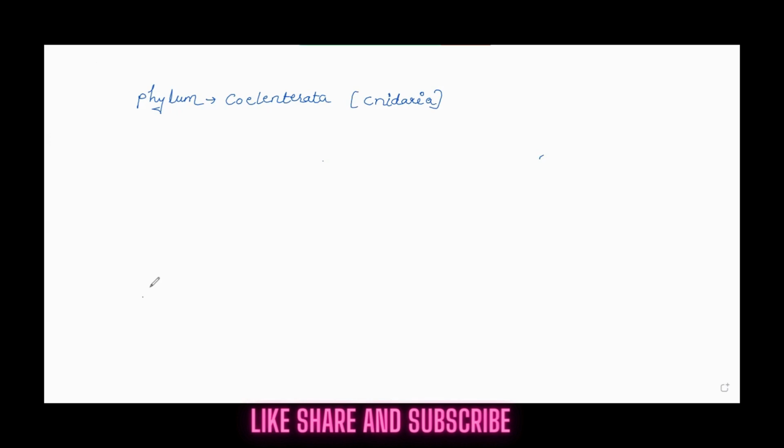Hello everyone. So today we are going to discuss our next phylum, that is the Coelenterata. It is also called the cnidarian, right? So why can we say they are the cnidarian? Because there is the presence of a stinging cell. So this stinging cell is the special characteristic, we can say,